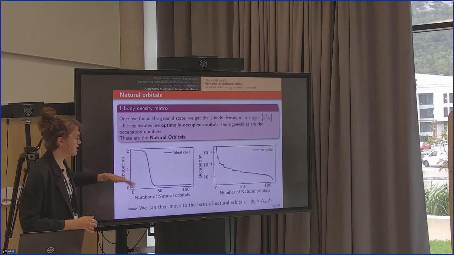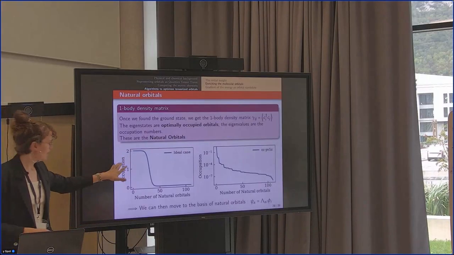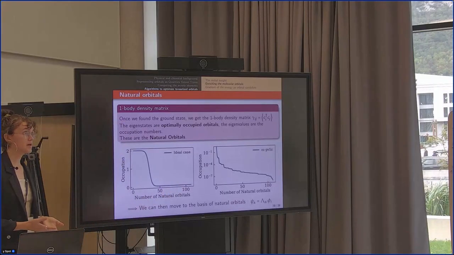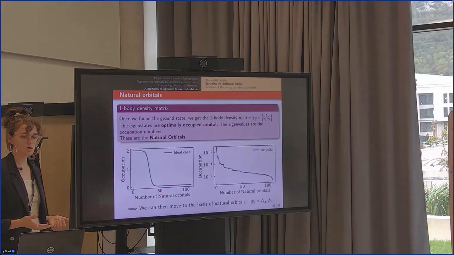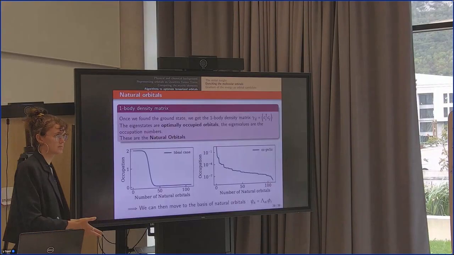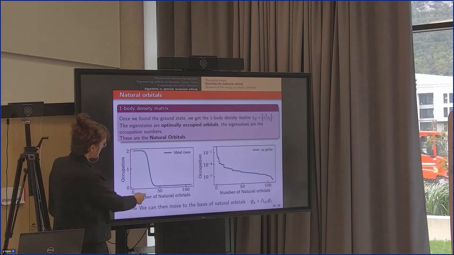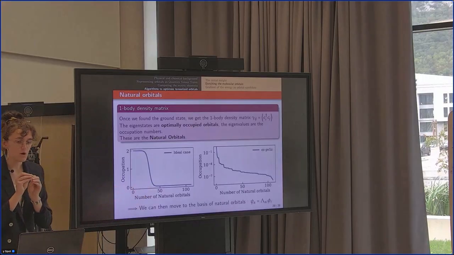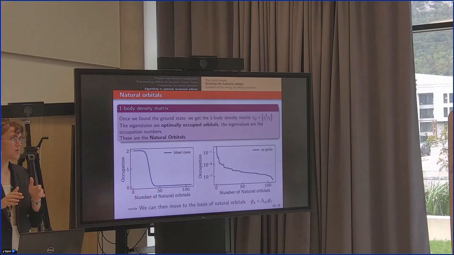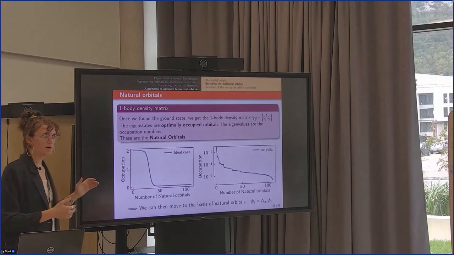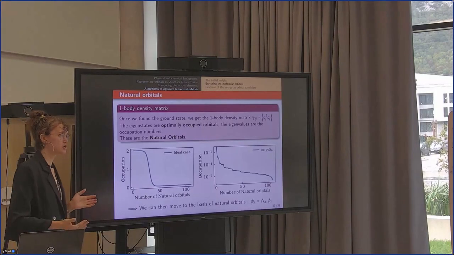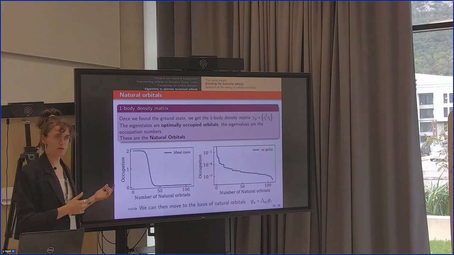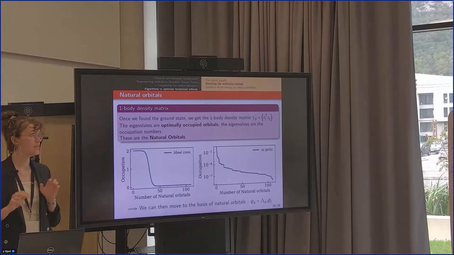So the first states are completely full. And then as we go along this direction, we get to states that are completely empty. If a state is completely empty, that means it's not relevant for this computation, so actually you can get rid of it. The interesting orbitals or states are the ones that are intermediate. If they are filled a little, then by considering them, we will get more accurate computations. So this is a way to sort the orbitals by occupation number. This is what we call natural orbitals. And what we will do in the following slides is to move to the natural orbital basis.